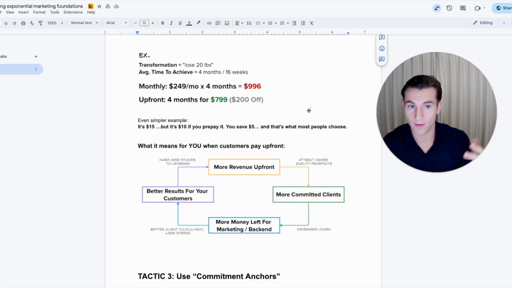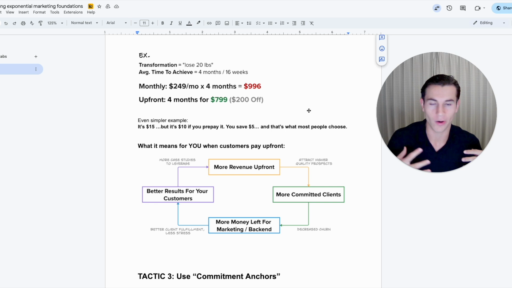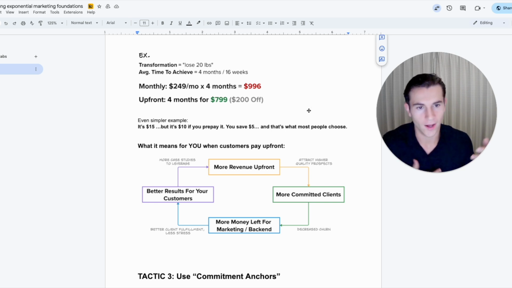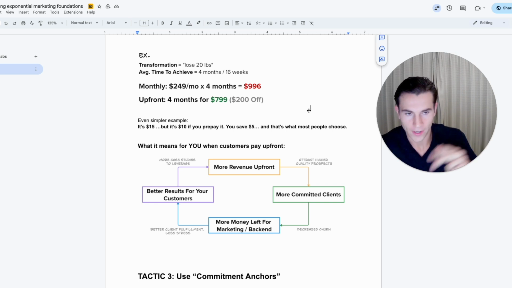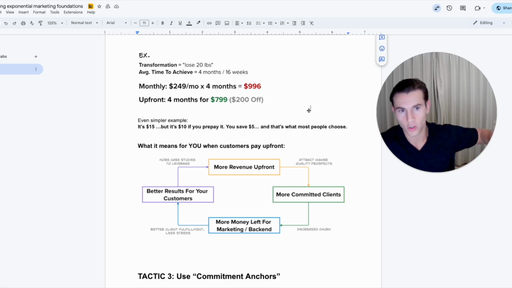And on top of that, once you get through that and did what I just told you, then you can say, hey, usually for the 4 months, it's $996. But what I could do is, because you're a great guy, usually what I say is, because you got a great smile, you got great hair, you got great fashion, just pick something that is describing them. It'll make them giggle. I'll bump off 200 if you just pay in full right now. Sound good? Cool. Boom. And then you just go right there. What card do you want to put that on? And then just move forward.